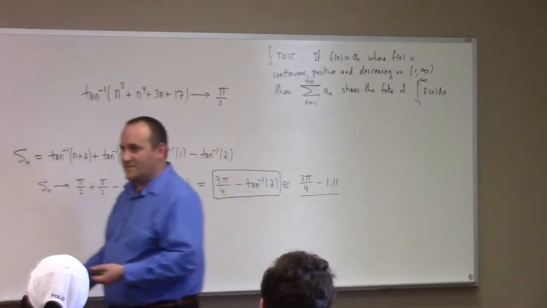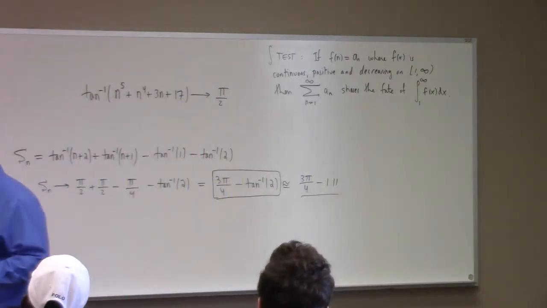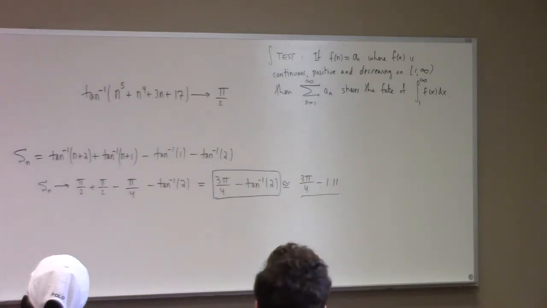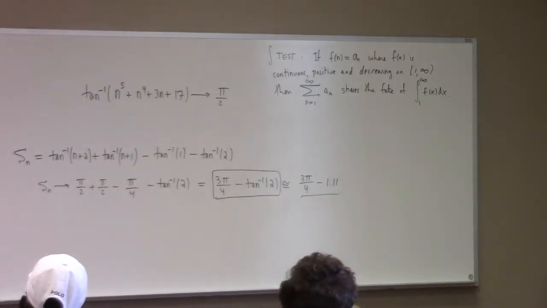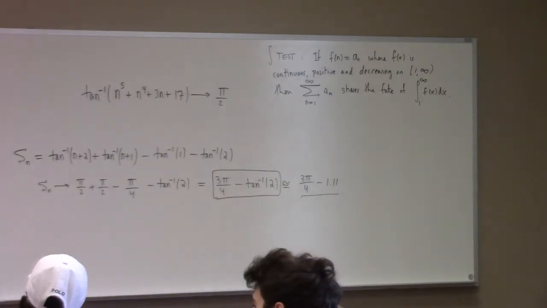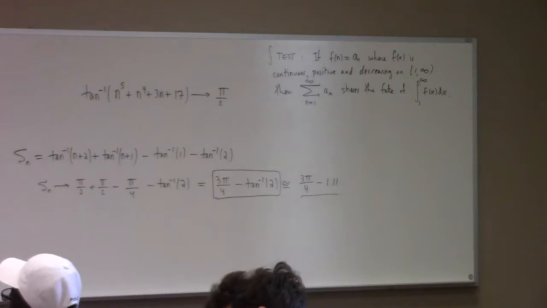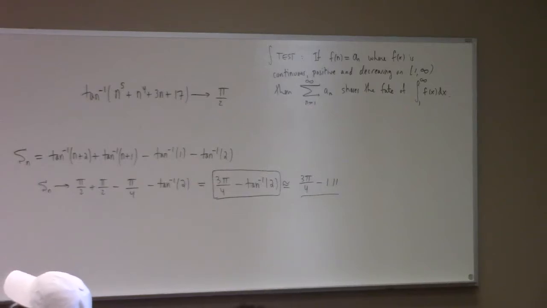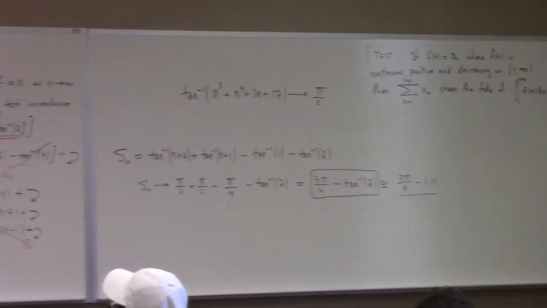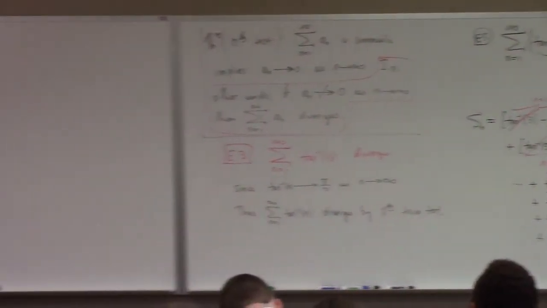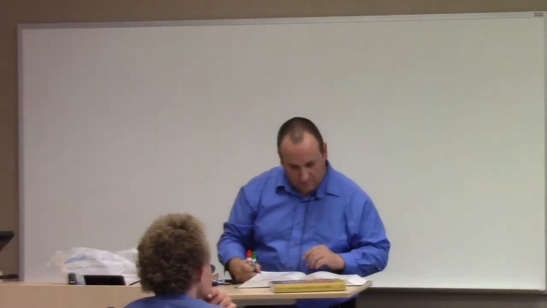That's a telescoping series. There's no, let's say, test for telescoping series. You just kind of have to see them for what they are. And sometimes they're hidden. There are telescoping series which require you to do partial fractions before you can actually see the telescoping. There are examples like that out there. For example, number